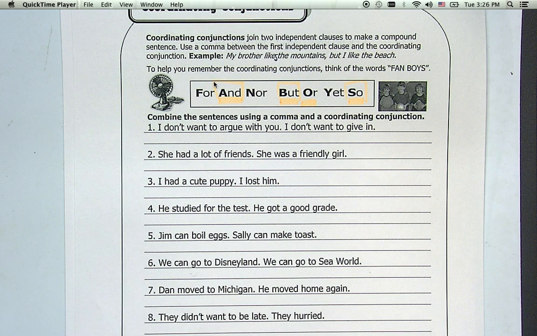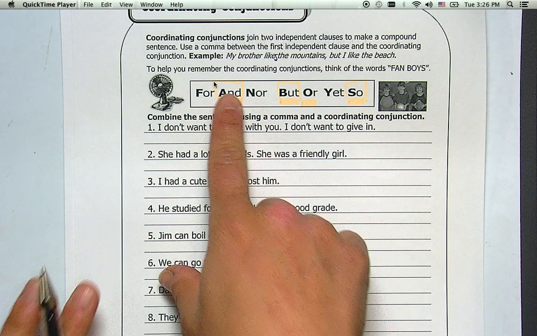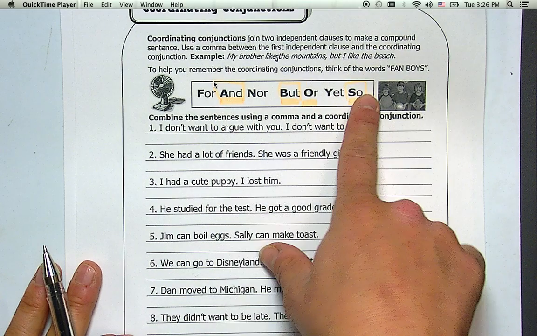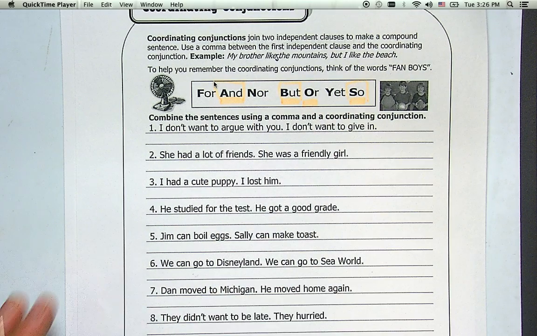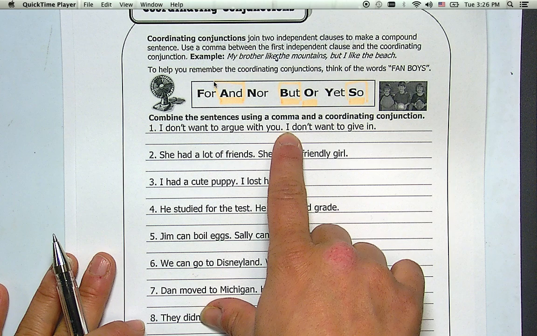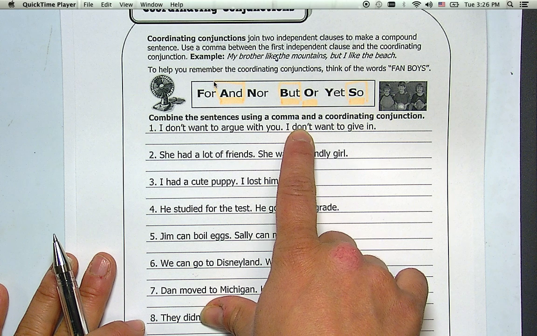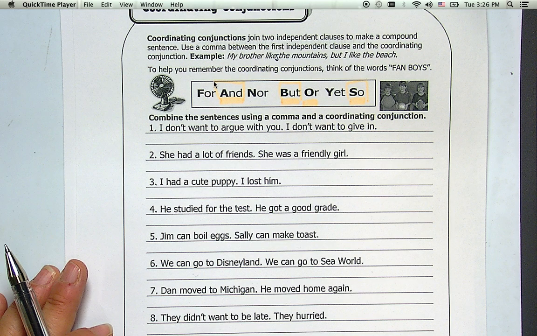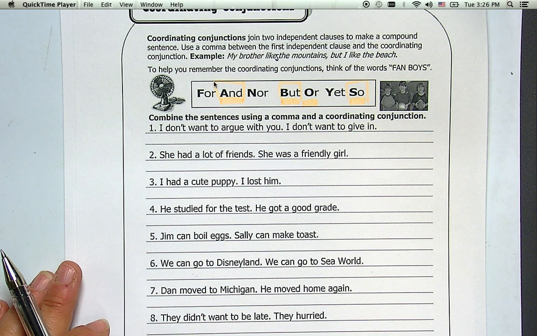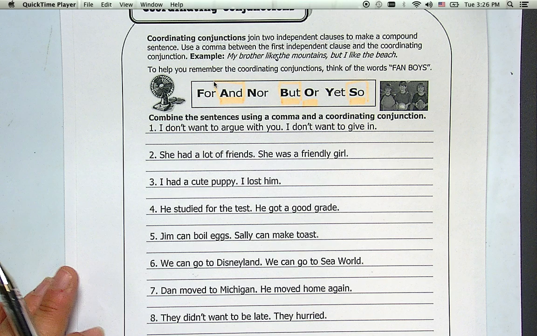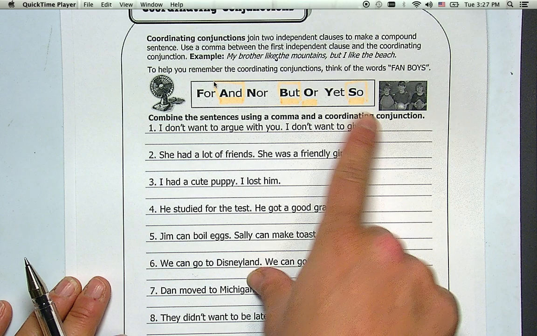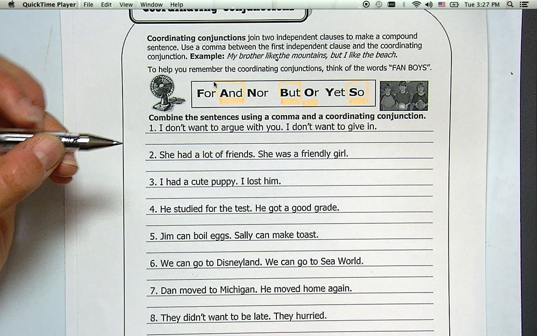The times that you need a comma before these conjunctions, and, but, or, and so, is when you have another subject and verb after this word. It cannot start a sentence, and you need a comma if you have a new independent clause, a new subject and verb. So if I write this out, it says, I